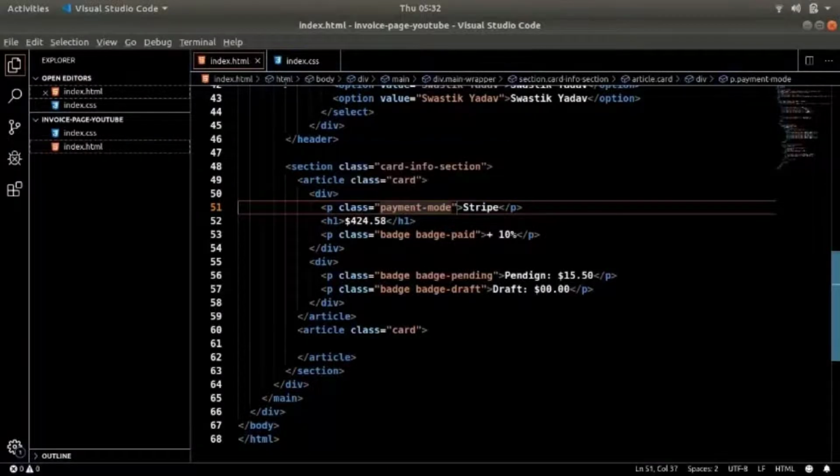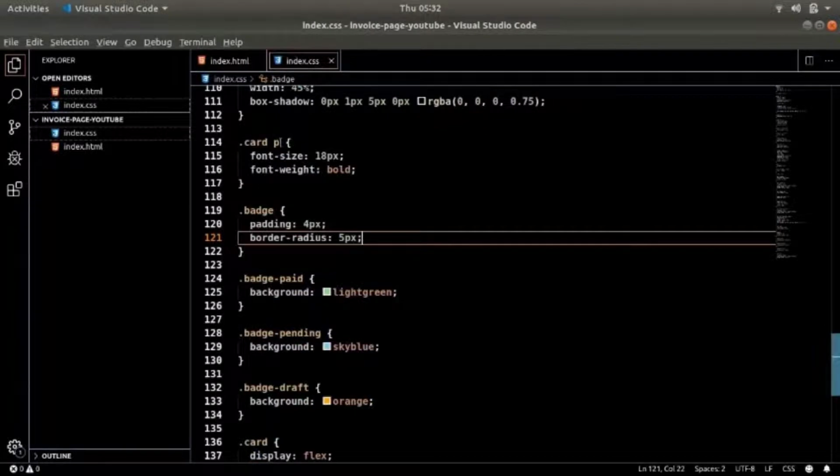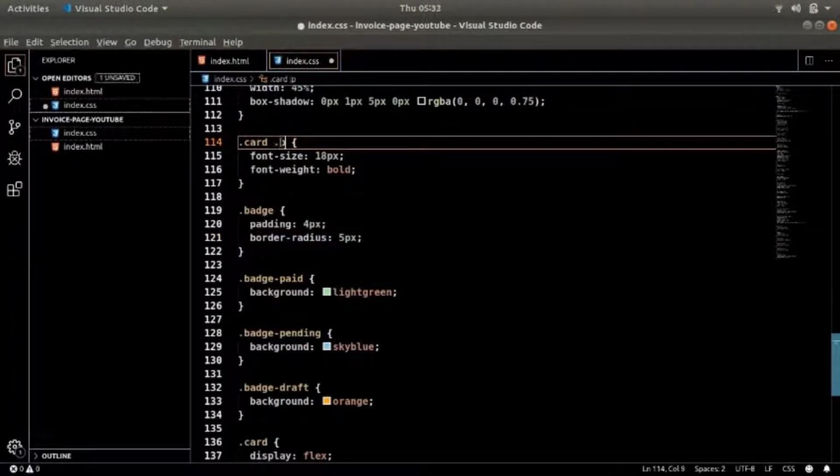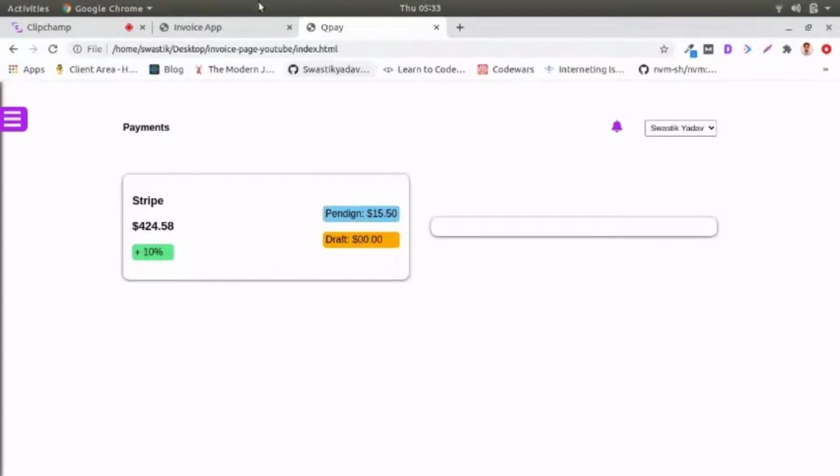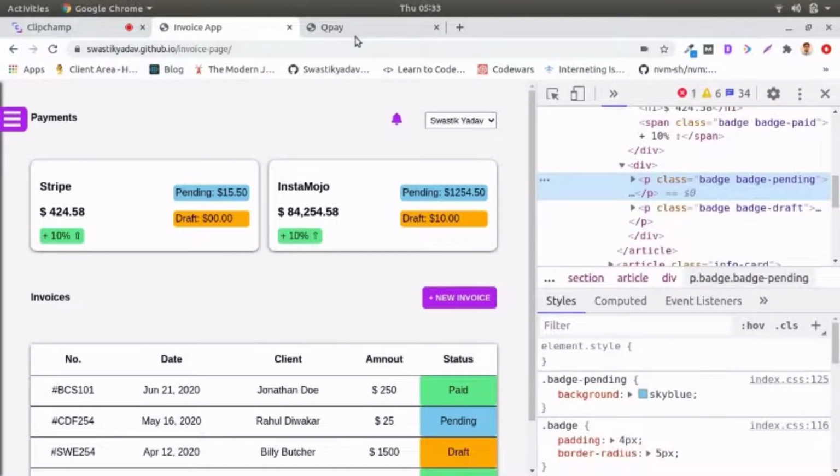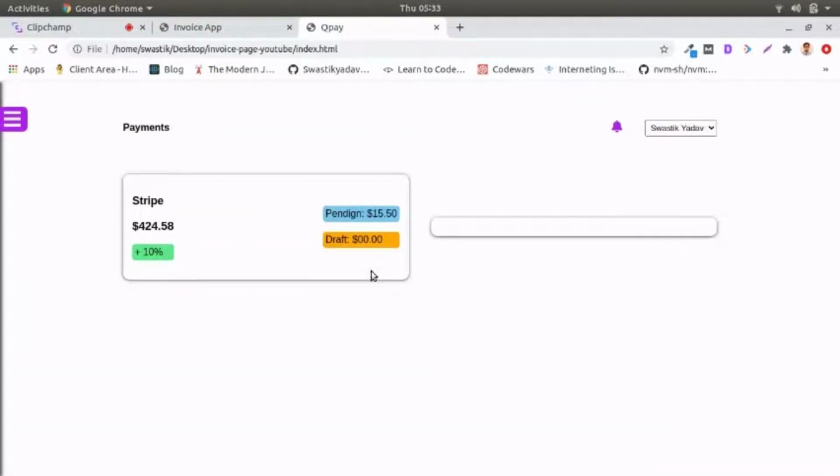And here then we can target the class which is payment mode. There we go. Right, cool. Now that's looking really nice.